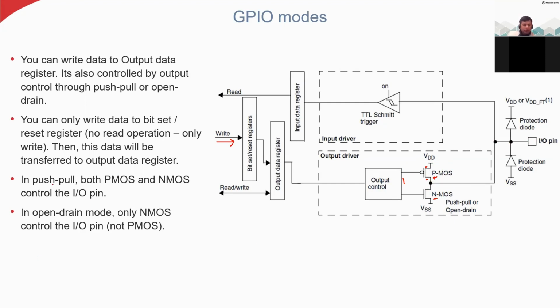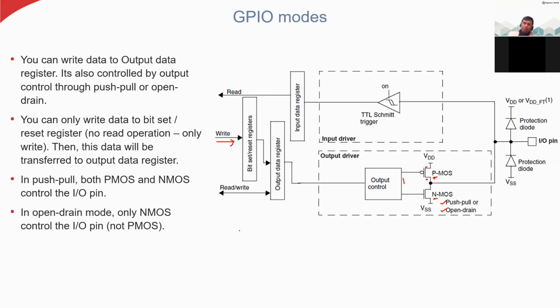So this is the push pull mode. If you set up this pin in push pull mode, what will happen? Both PMOS and NMOS control the input output pin. You see here, there are two possible modes, push pull mode or open drain mode. If you open the microcontroller IDE,